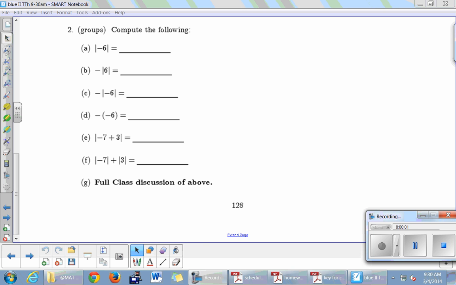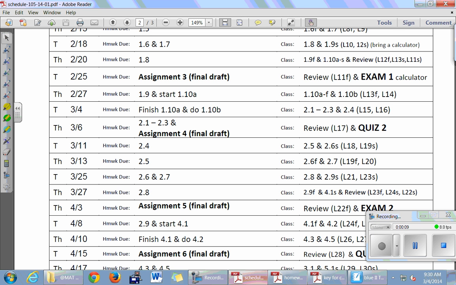As I said, we'll start on page 128. Before we do, a quick look at the calendar. We got some stuff happening this week that's kind of important. Here we are. So today we are going to cover, it says 2.1 to 2.3 and 2.4, which is technically